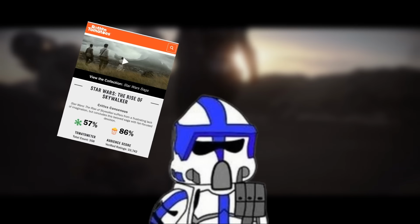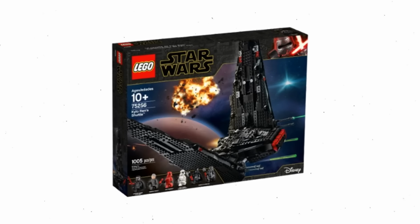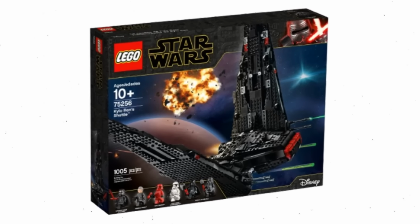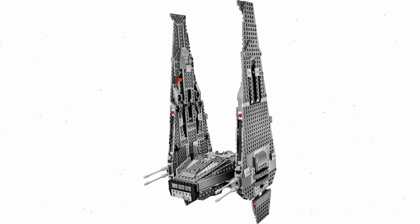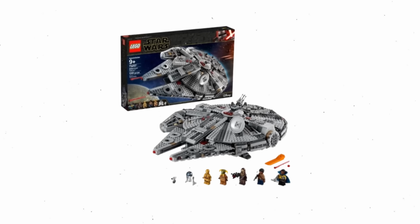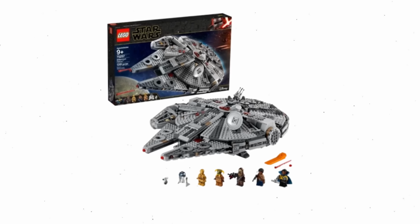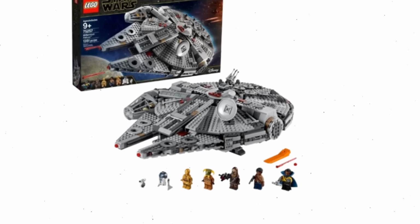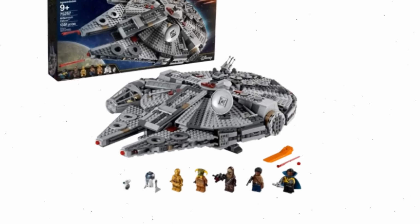Whether you like this movie or not, you have to admit it. The Kylo Ren shuttle is pretty badass, and LEGO made a damn near perfect representation here, especially compared to Episode 7's, which was not at all accurate and the wrong color. Also, this movie finally gave us a Millennium Falcon with no gaps in between the panels, and probably aside from the figure selection, which is accurate to this movie, this has to be one of the best playscale models